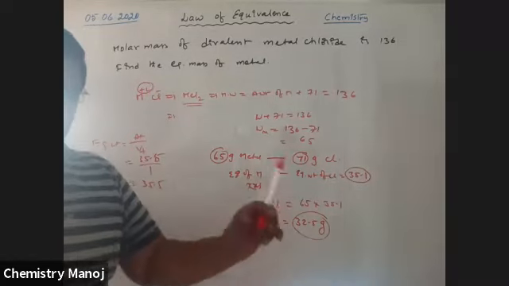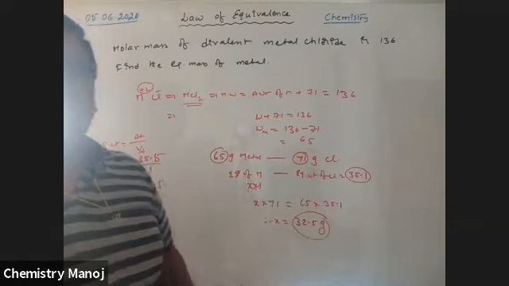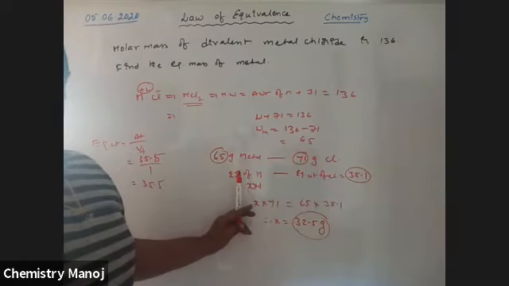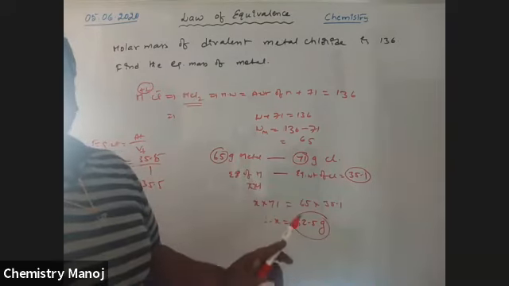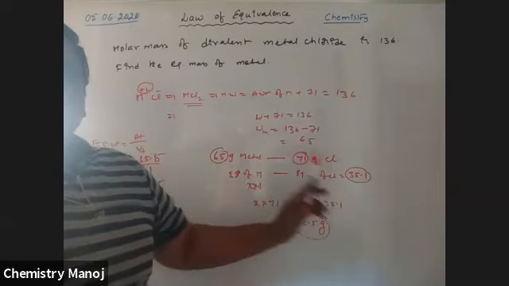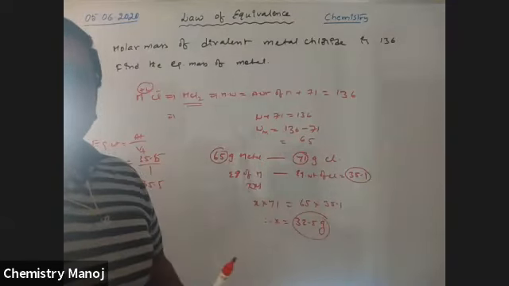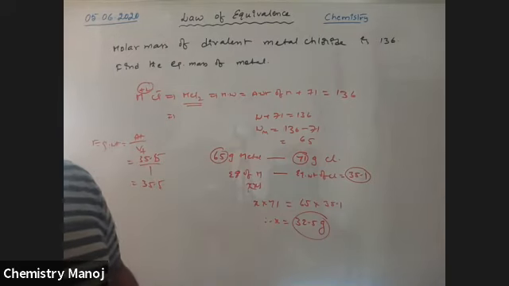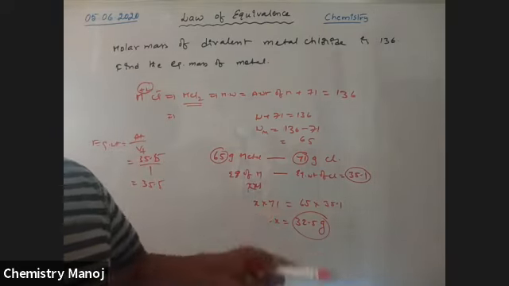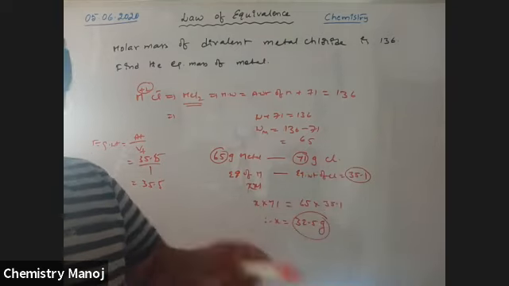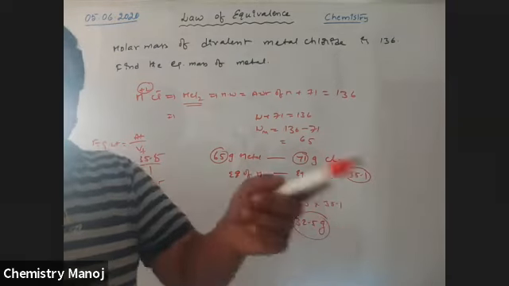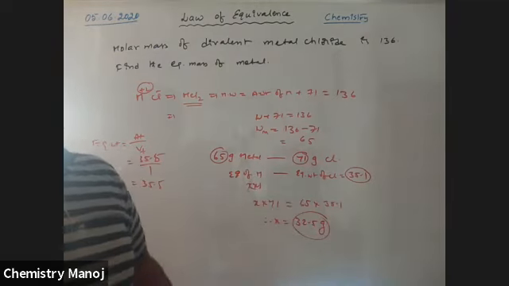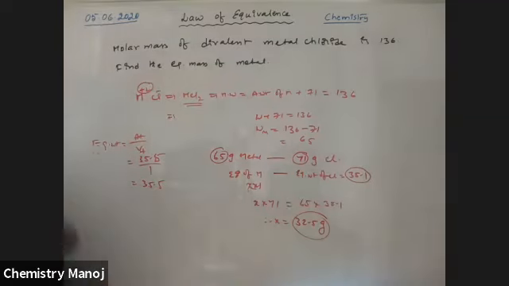So when two chemicals react, their gram equivalents are equal. So equivalents of metal are equal to equivalents of chlorine. The reaction is always between equivalents and equivalents. So how to calculate equivalent weight? Equivalent weight is equal to atomic weight or molecular weight divided by the N factor of that particular chemical. Already we know how to find that N factor. So this is the final answer. Next.